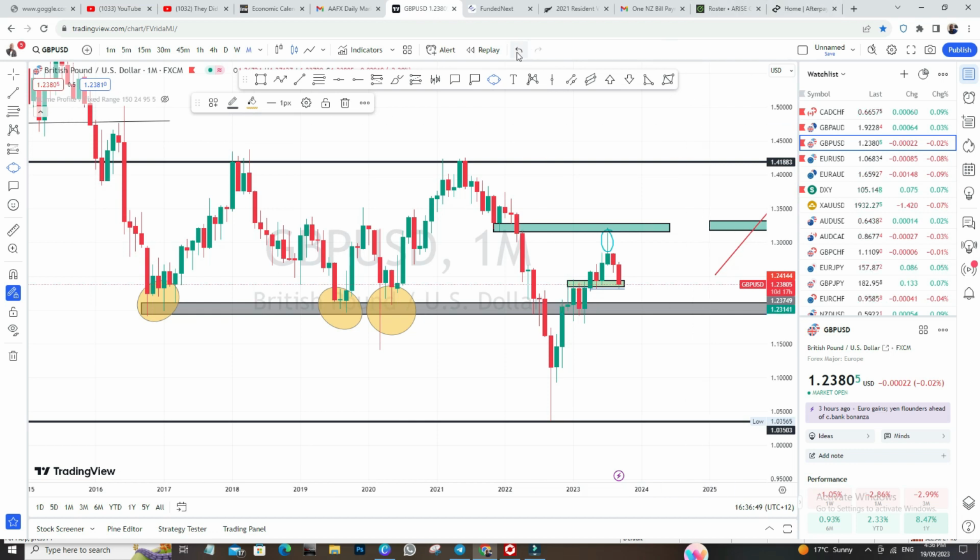But I won't be going through all of them. I don't want to make too many shapes on my chart. I like a clean chart as much as possible. Now if you look at this